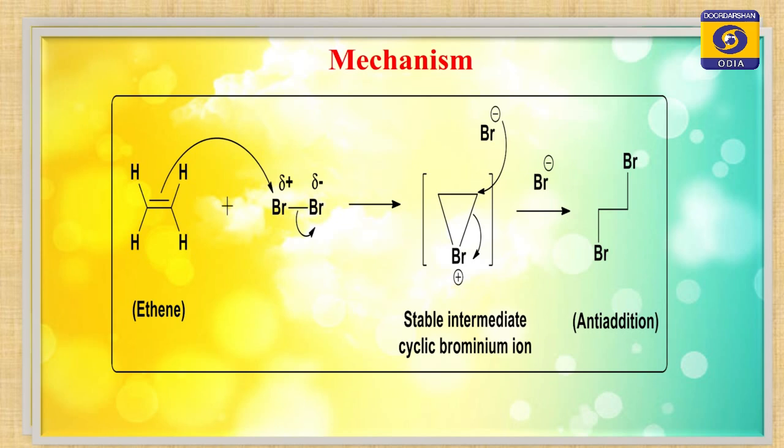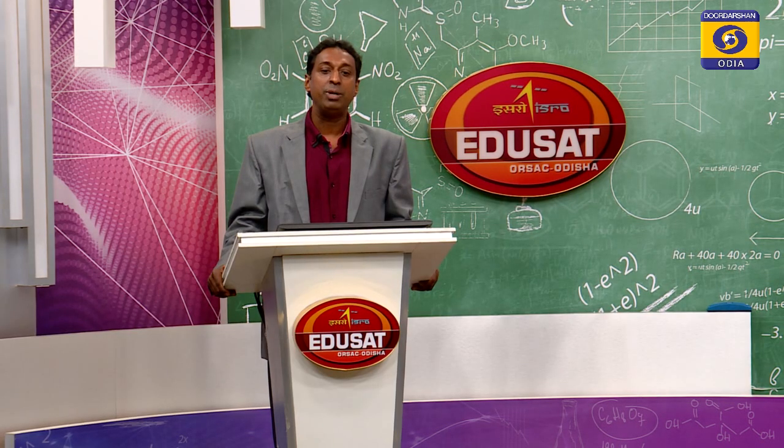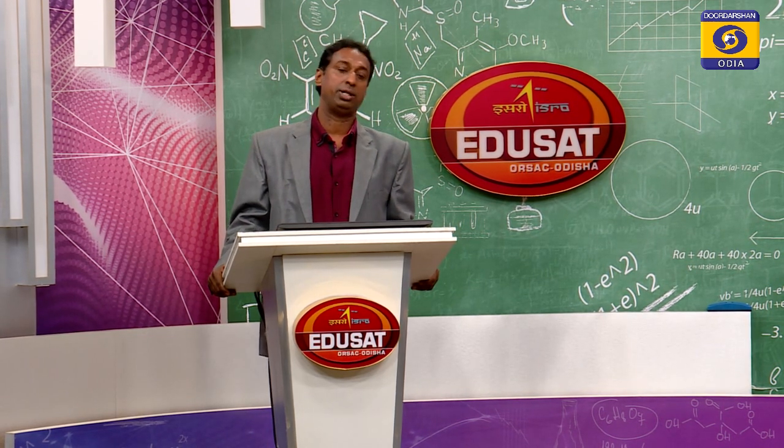When you add alkene to bromine, you get a cyclic bromonium ion, and then the bromide ion will attach to this bromonium ion and ring cleavage takes place to give you the dibromo compound of alkane, called 1,2-dibromoethane. The two bromines attach on opposite sides, which means you get the trans product.